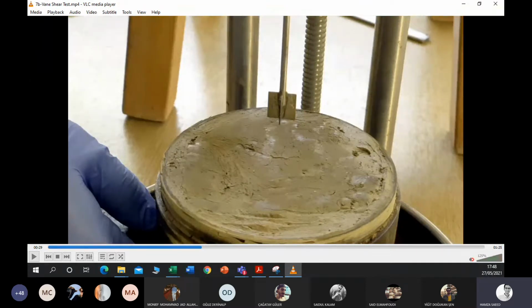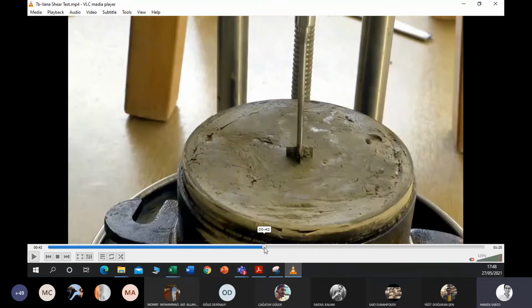So there are in total 4 blades which are equal in size and they are very thin. This is an important thing, that they should be equal in the dimensions. So there are 4 blades which are basically connected or welded to the center rod. They are equal in size and they are thin.